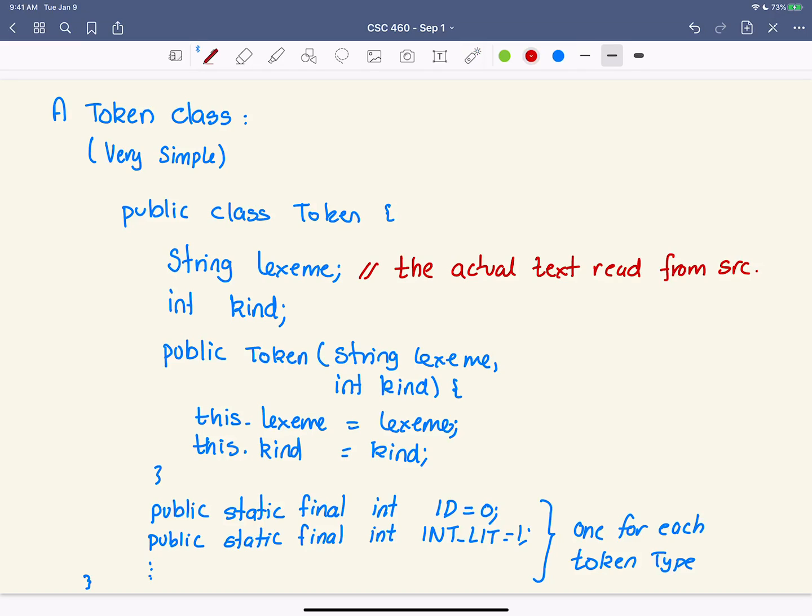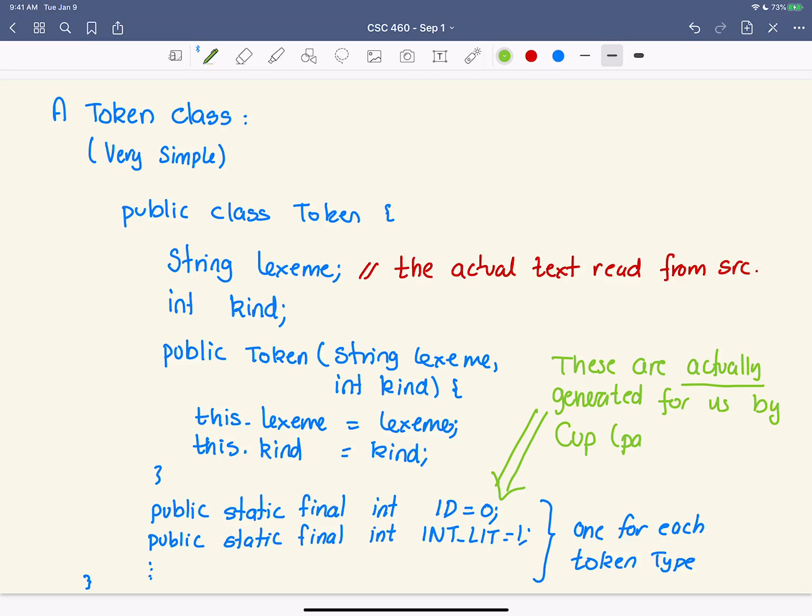by the scanner generator. So let me just write that down. So we'll put an arrow here, and we'll say these are actually generated for us by CUP, which is the parser generator.